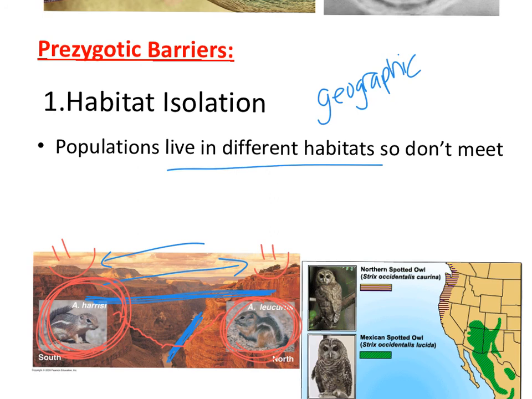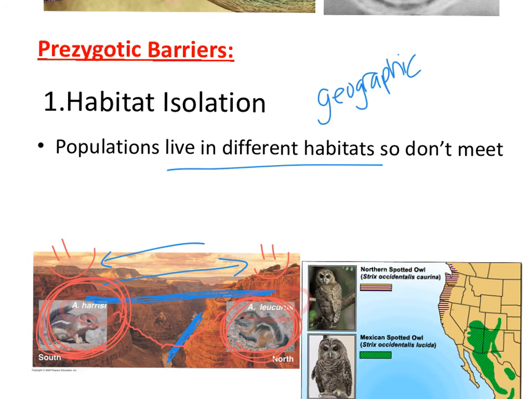Fast forward again to today. Today we have what we would call squirrels, and these squirrels are now two different species. You can see the name of the organism here. But they are now two separate species, and even when they are put together, meaning a human puts them together, they will not be capable of mating because they have become totally separate species. They have each adapted to their individual side of the canyon and have changed so much that they can no longer breed. A second example, just to hit really quick, are these owls pictured on the right.